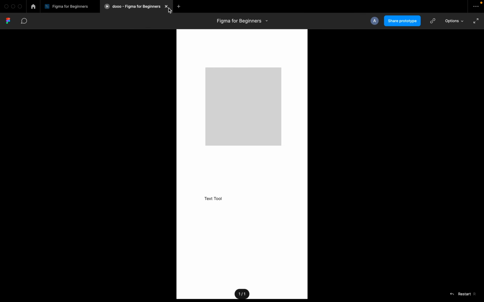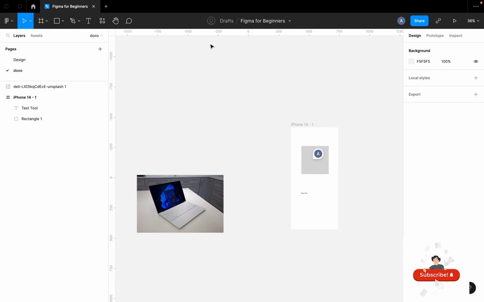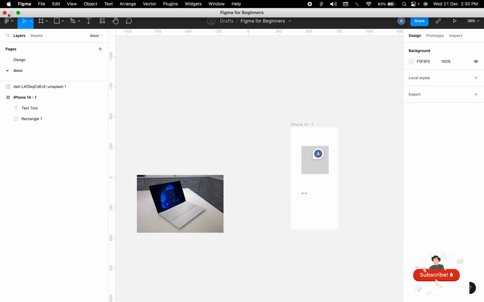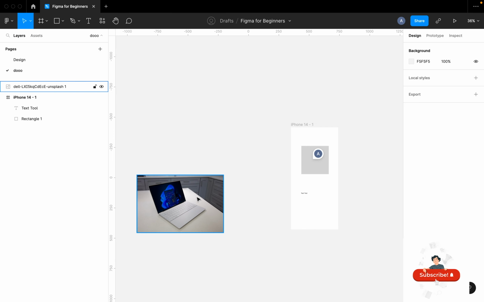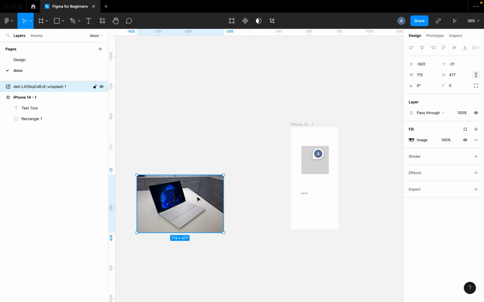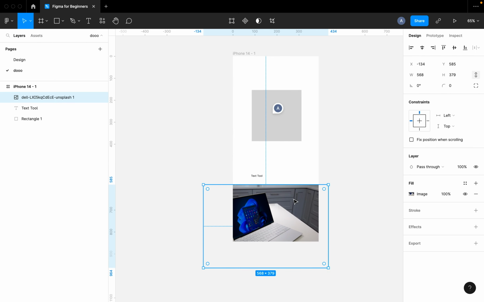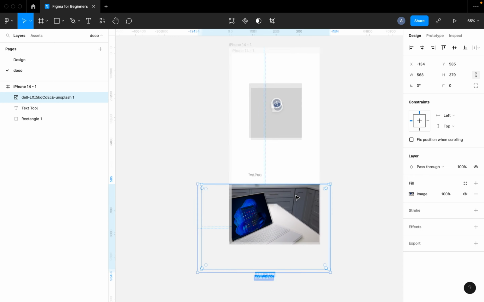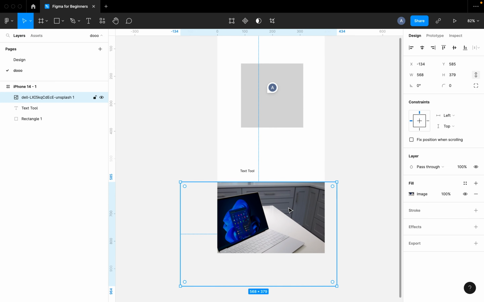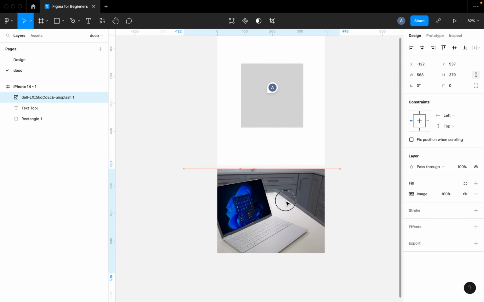So I'm just going to click here to cancel this tab so we can go back to what we have. Now that we have this, I'm going to move this image into this frame. All I have to do is click on the move tool and then select this. I just clicked on it once to select. Now I'm going to click and hold, then drag. I'm just going to zoom in a little bit and I want this image to fit into this. First of all, I might want to move it up a little bit